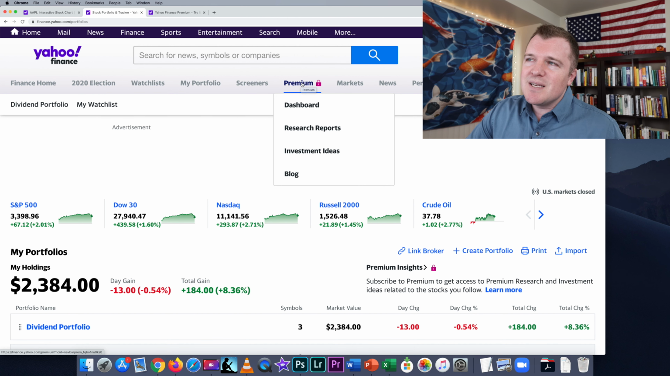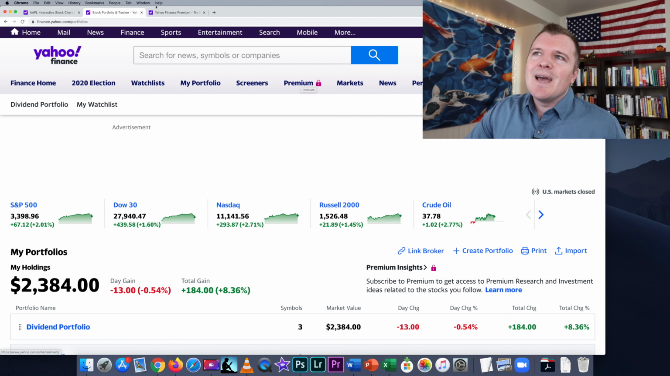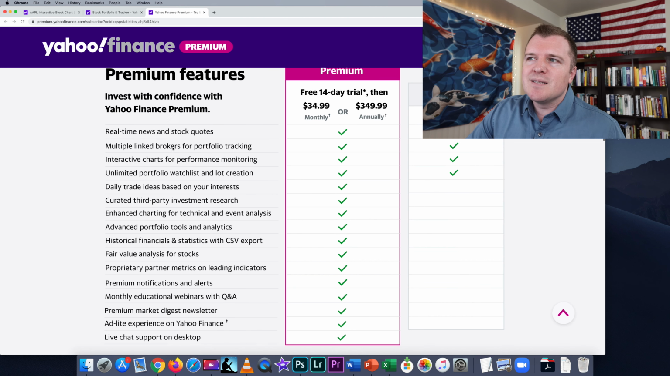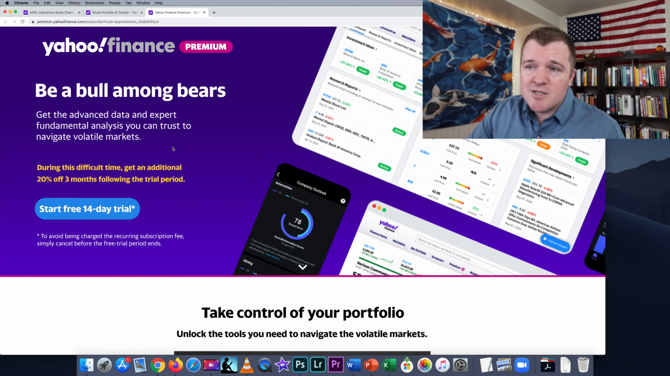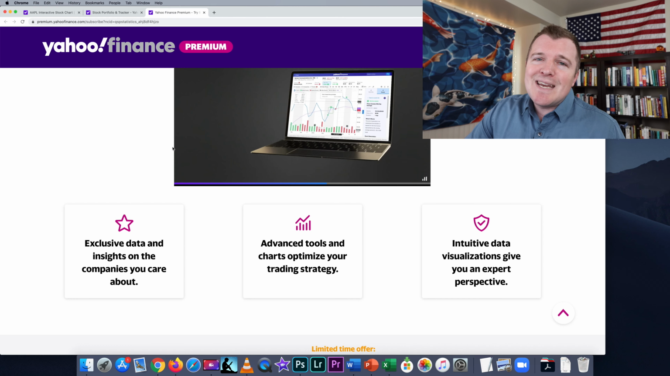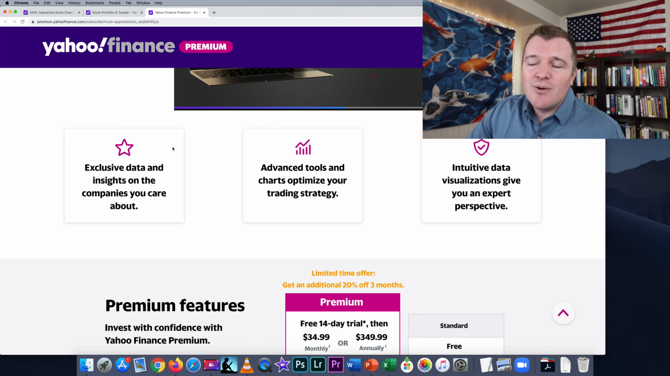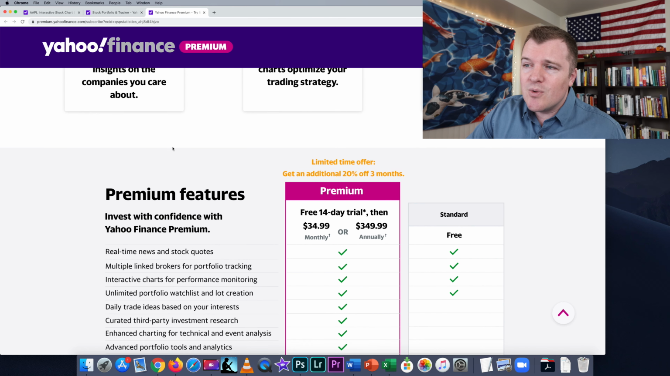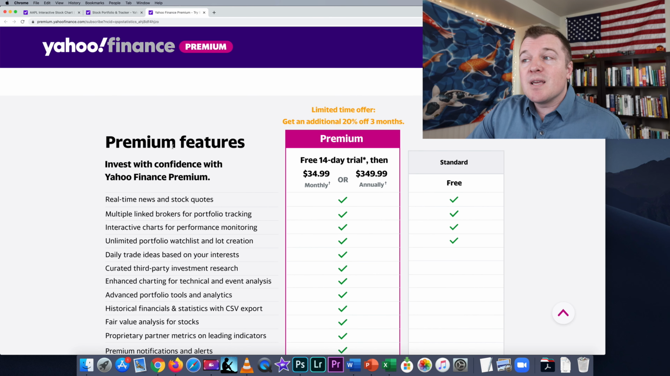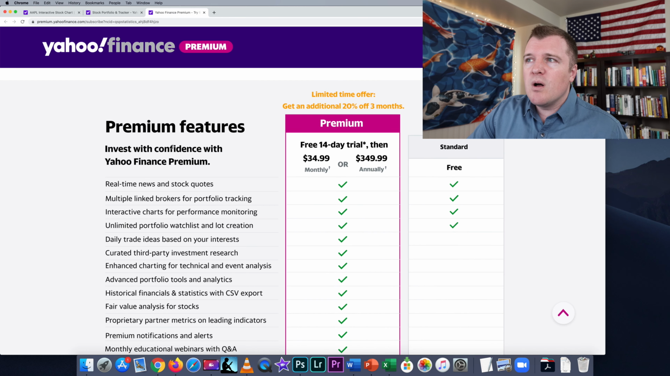Now, if you see this, it says premium. Yahoo was purchased by Verizon in 2017, and last year on Yahoo Finance, they introduced this premium subscription service. In my opinion, 90% of Yahoo Finance is free. You can do whatever you used to be able to do, but occasionally you will hit a paywall for certain